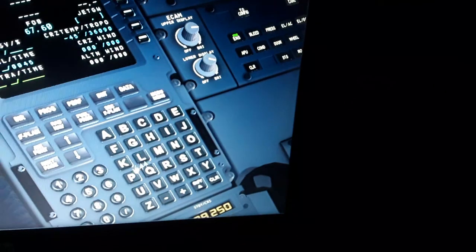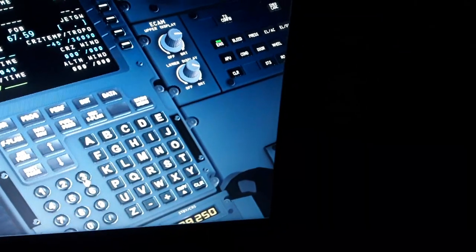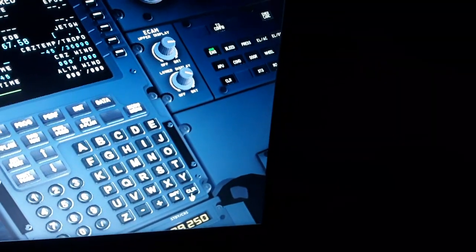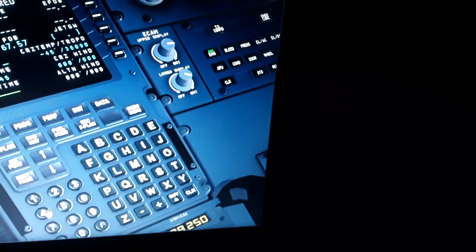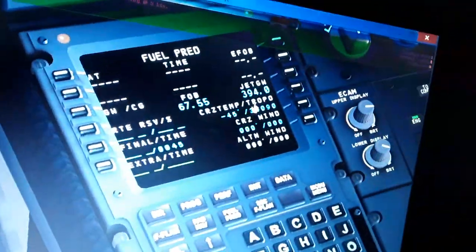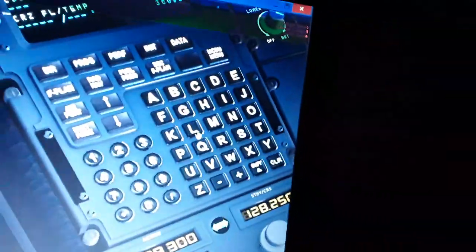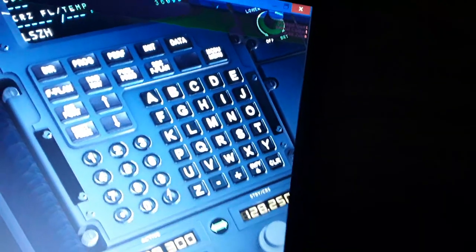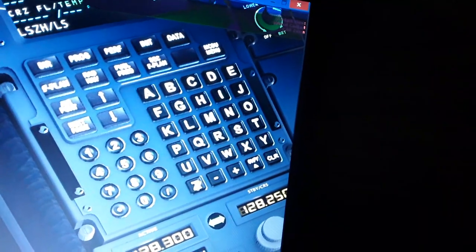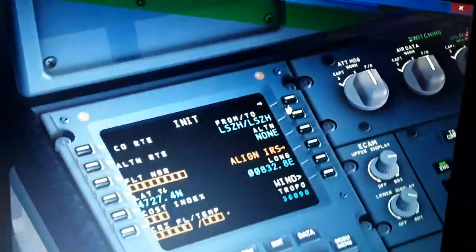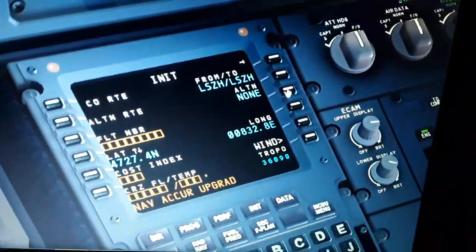Fuel on board 67,600. Gross weight maybe 394,000 pounds. Initialize here from LSZH to LSZH. This is going to be used for takeoff and for flying speeds, the gross weight and the fuel on board, and for distance calculation, how much flight time we have